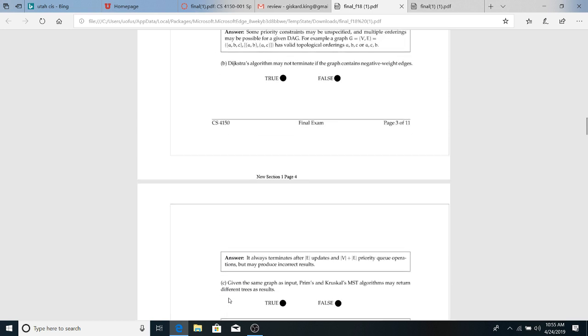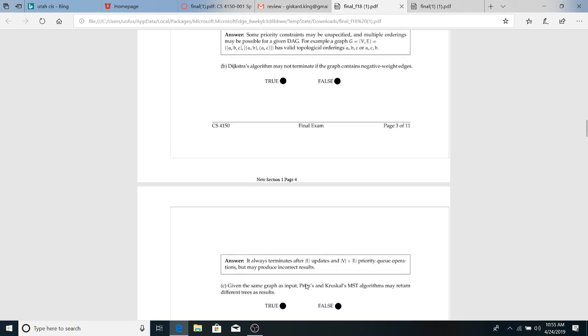All right. So now if you were given a graph, would Prim's and Kruskal's algorithm always return the same thing? Right? So Prim's and Kruskal's, that's a minimum spanning tree problem. The idea behind Prim's is it's a greedy algorithm, where you're always grabbing the cheapest edge that leads to a node that hasn't been visited yet. And Kruskal's algorithm is a disjoint set problem, where each node starts as its own disjoint set, and you eventually merge all the sets together, right? So they both do the same thing,